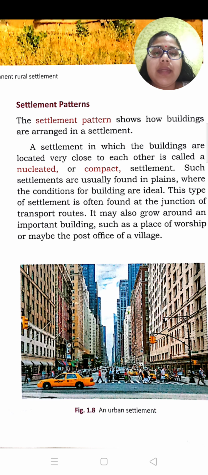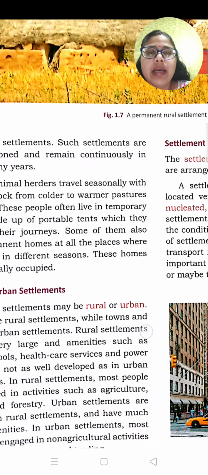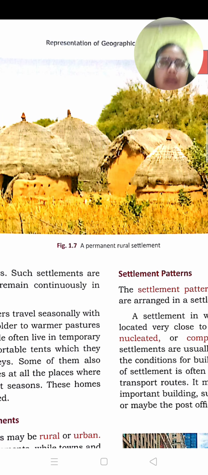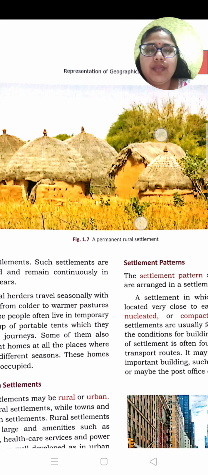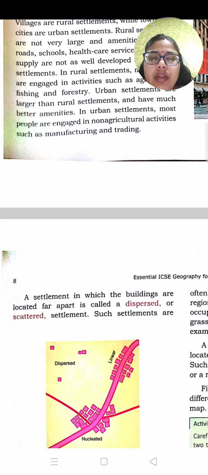It may also grow around an important building such as a place of worship or maybe the post office of a village. So you can see in one picture over there, this is a kind of urban settlement, and here, you can assume, is a kind of rural settlement. Okay, then